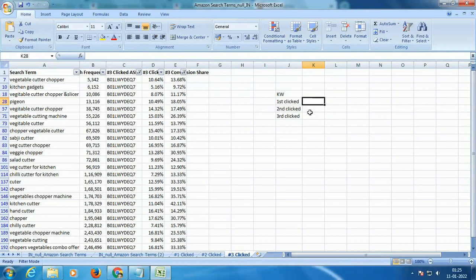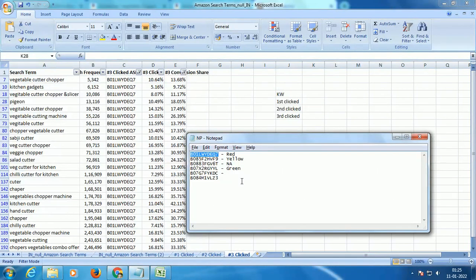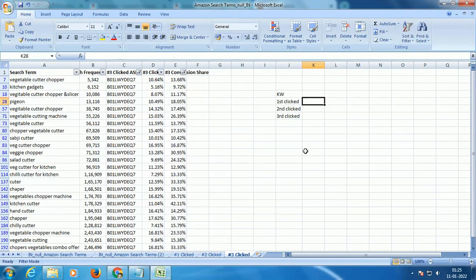So you need to do this exercise for all your competitors. In today's session, in the interest of time, I have just done it for only 1 or 2 ASINs. You need to do that for all 10 competitors. You need to make a list of all those keywords, and note all the keywords from here and from in here. Then you may come across situations where there are so many duplicates. In that case, remove the duplicates, and then use the data to optimize your product listing.